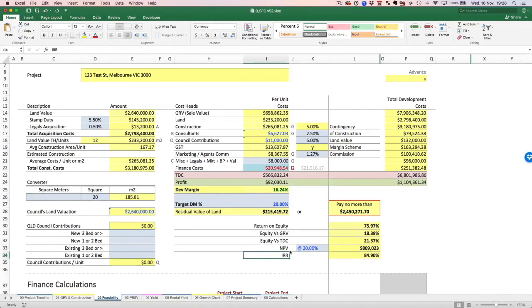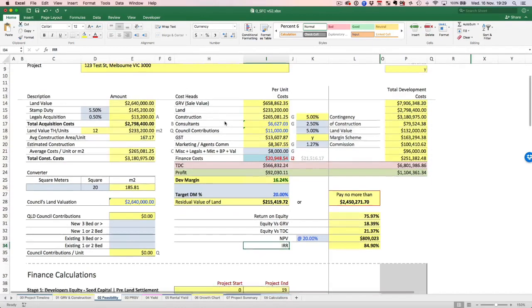The reason I put them here, usually they become required more if the length of the project goes over 24 months. Because if you got into a project now and it's a 5-year project, it's going to take you 2 years to get the DA, and then another year to get it off the ground. That's when you want to make sure that you take into account the NPV and the IRR calculation,